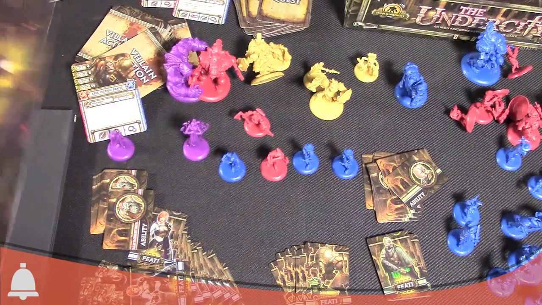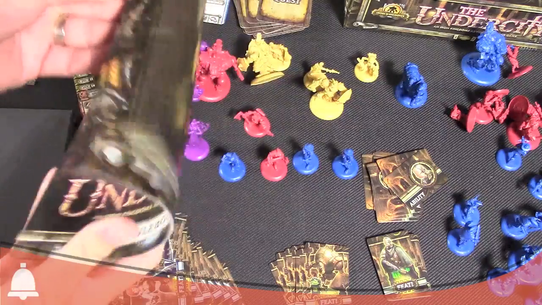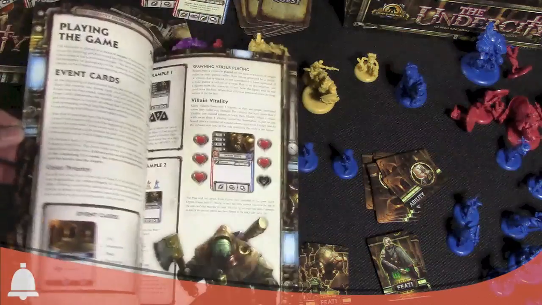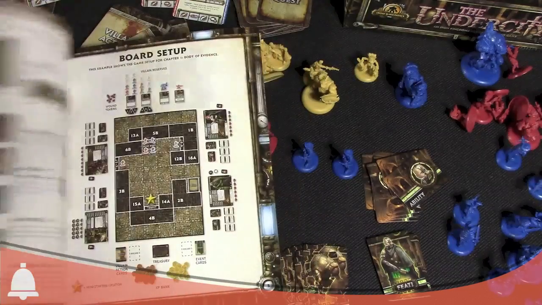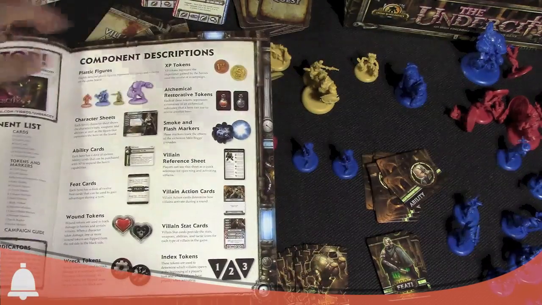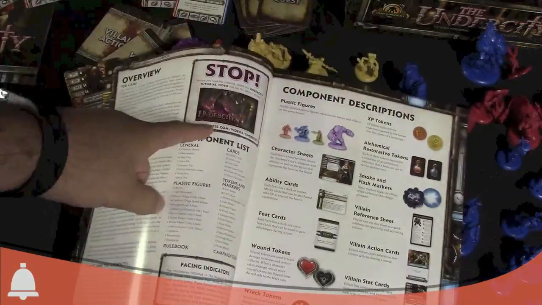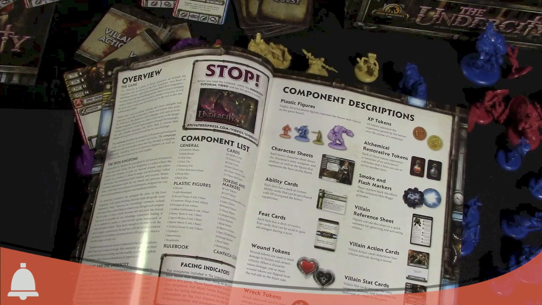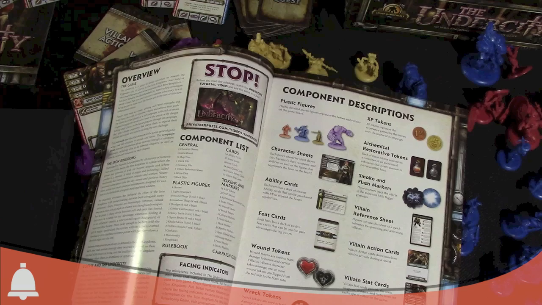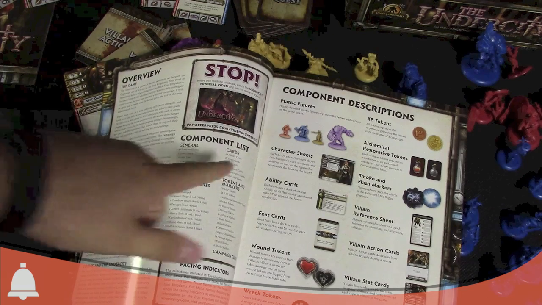Again, rule book, full color all the way through. As you can see here, it's got the campaign, how to play, and obviously talks about all the components. They actually do mention right off the bat that they have a tutorial video online. If you want to watch that, I'll put a link in the description below, but it's right there,